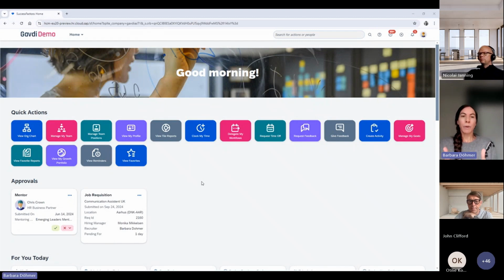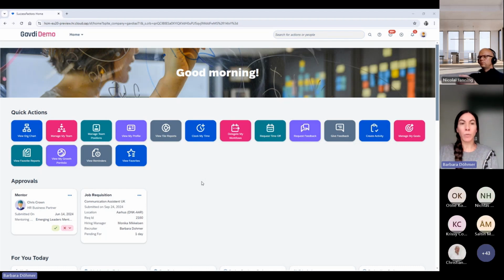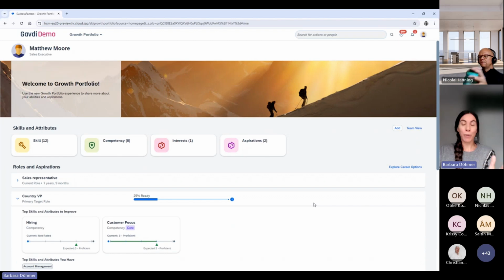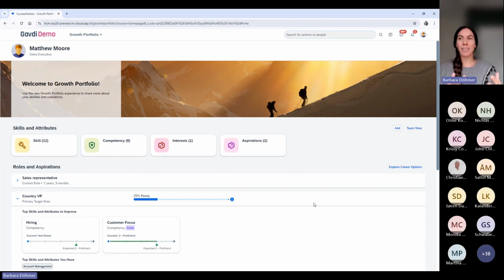So Opportunity Marketplace mostly originates from other SuccessFactors products. So today, for the demo, I would like to start from Growth Portfolio. If you joined my previous webinar, which was around Talent Intelligence Hub, you may remember that I mentioned and showed the growth portfolio.